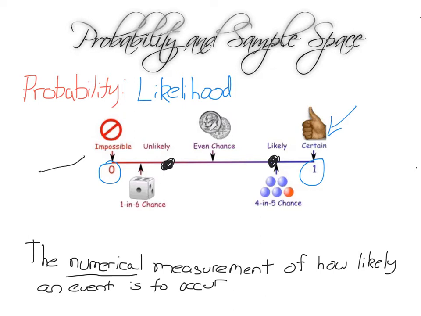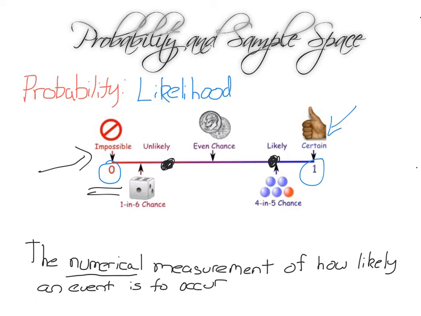Numbers down this end of the number line are less likely to happen. There's more of a chance that they won't happen. And at the extreme here, we see things with probability 0 are impossible. So, an event that is completely and utterly impossible is, for example, if you add together two odd numbers, that you get another odd number. Absolutely no way that that can possibly happen.